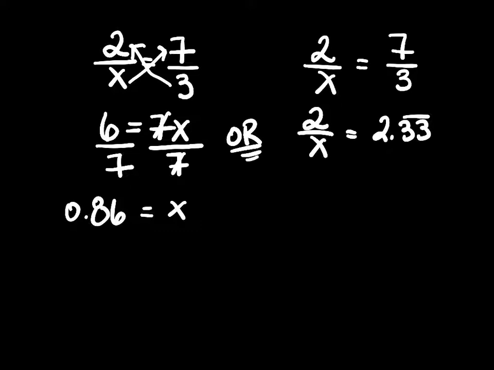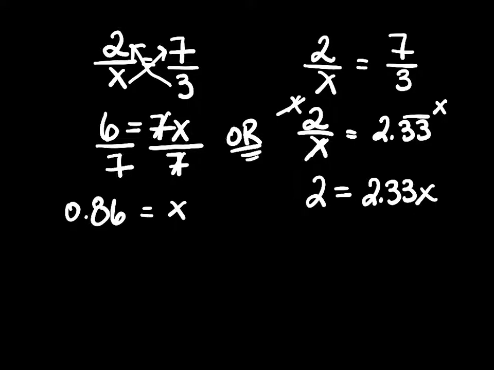Now we want to isolate the x, but in this case the x is in the denominator. In order to isolate it, we must get it out of there. We must get it out of the denominator. So let's multiply both sides by x to get it out of the denominator and get rid of our fraction. So those x's on the left cancel, leaving us with 2 equals